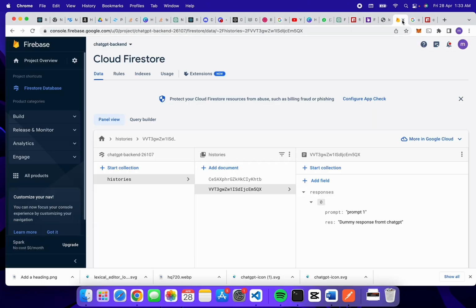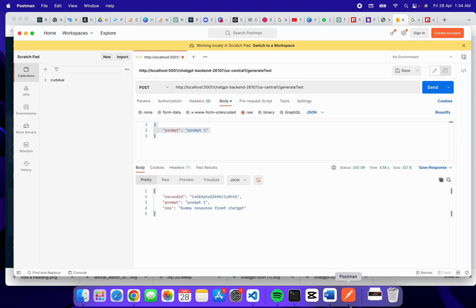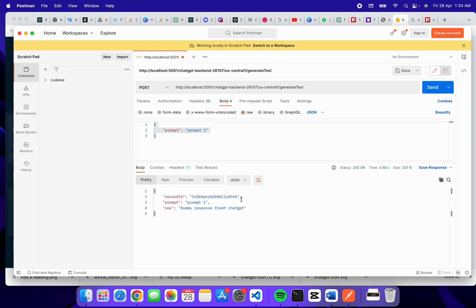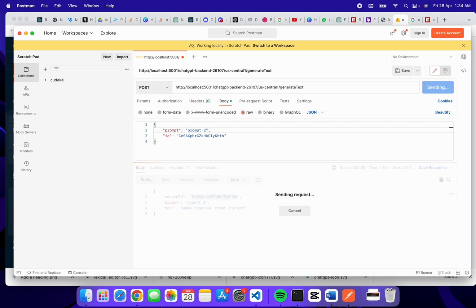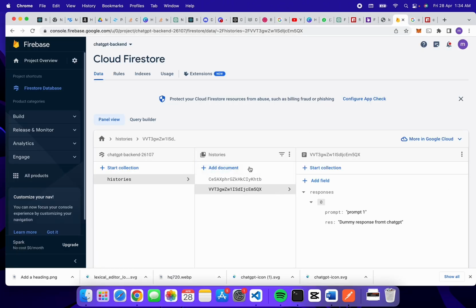Yes, it is working. You can see a new record is inserted, so we'll pass this as an id, prompt 2. Okay, you can see a new record is not inserted, and